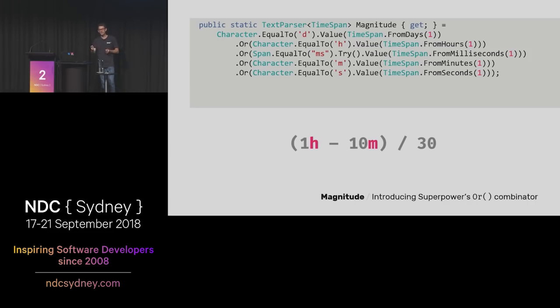I should say character equal to d or character equal to h is exactly the char parser that we saw a few minutes ago. It's just that it's organized alongside a whole lot of other kinds of char parsers like letter and digit and those sorts of things under that character class.